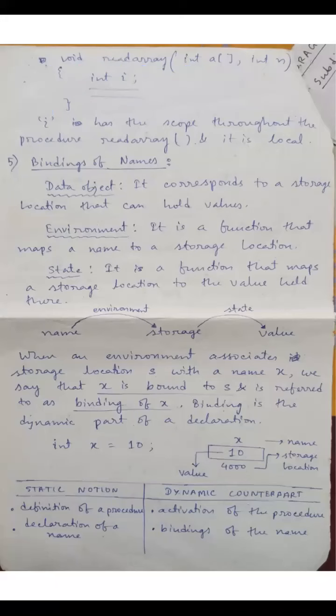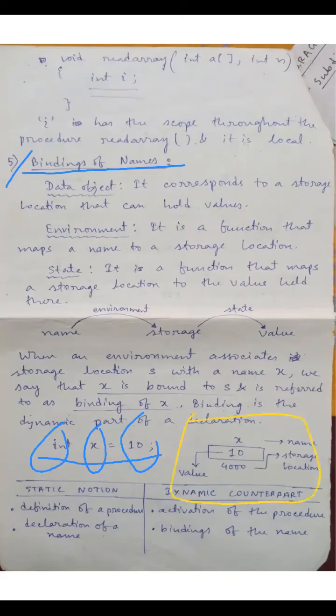Next comes binding of names, which is very, very important. What is the meaning of binding of names? Take this example. Say we have declared a variable int x = 10, very simple. Here int is the type of the variable, x is the name of the variable, and 10 is the value of the variable. When you write this type of statement, that is, any initialization of a variable, what is the implementation part when this code is running? Look at the memory part. This is a memory scenario.